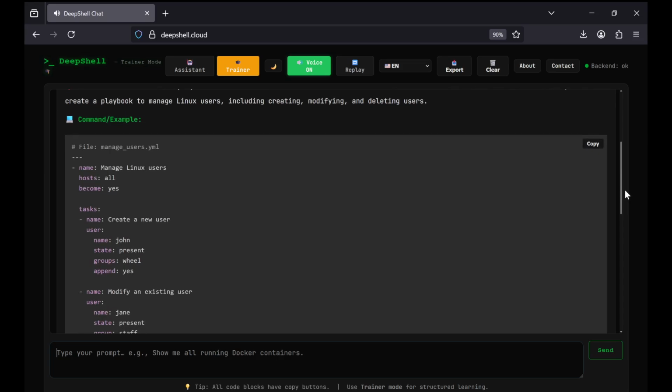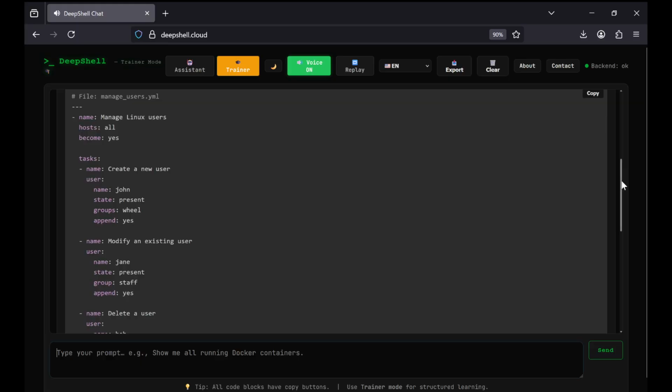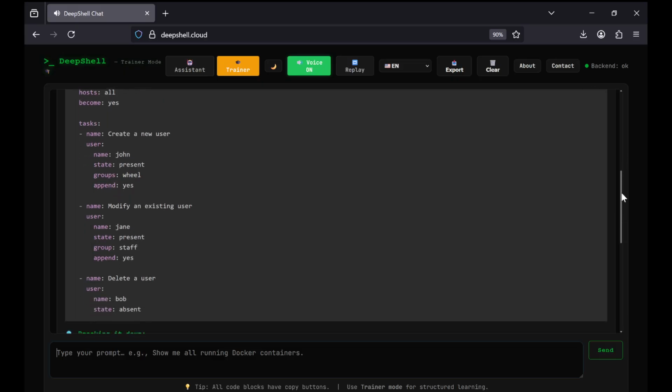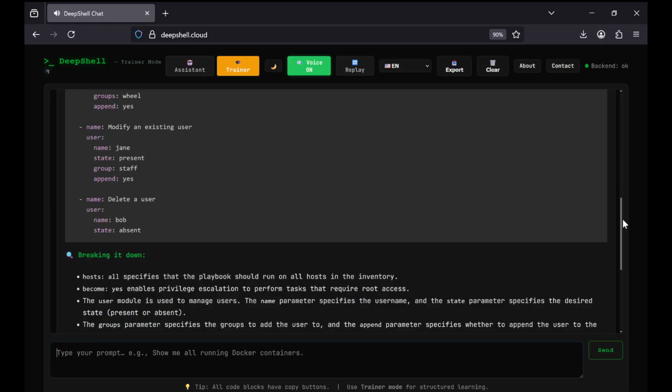Command/example. File: manage_users.yml. Name: manage Linux users. Hosts: all. Become: yes. Tasks. Name: create a new user. User: name: John, state: present,